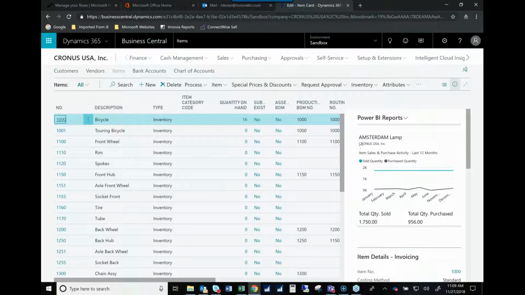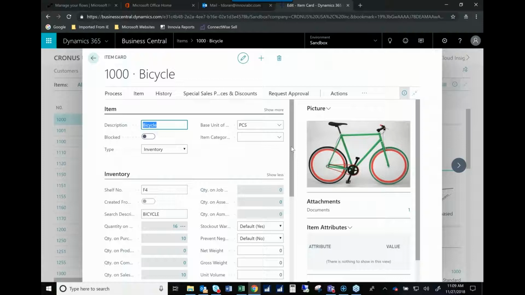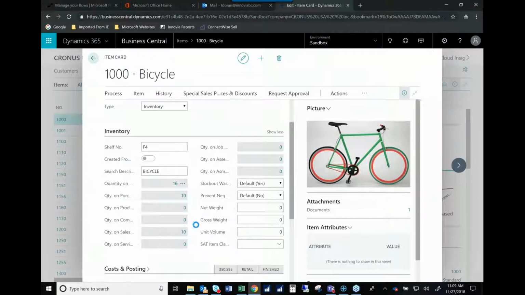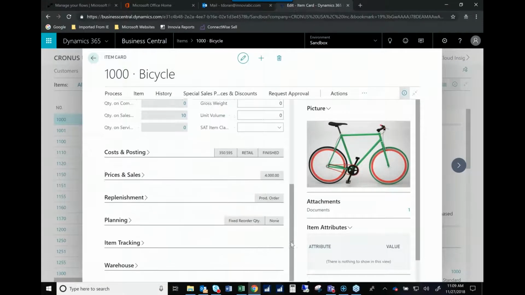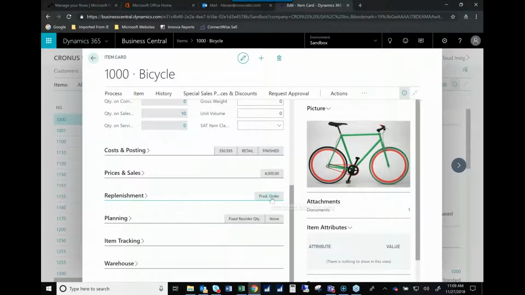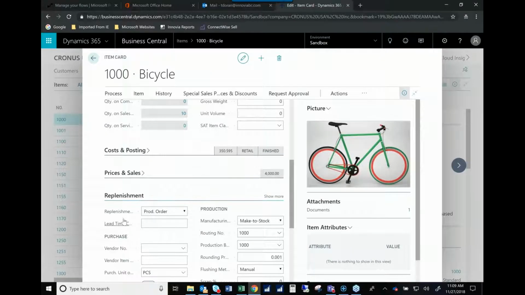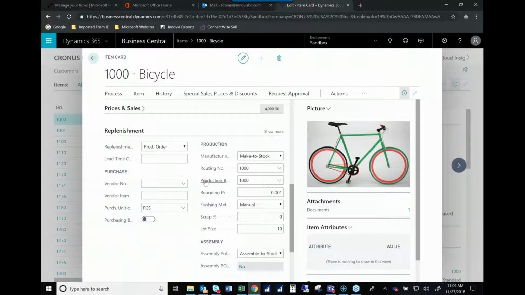So when I bring my item back up here, I can get more information on inventory, what is driving my sales, if I have any inbound items, if this is in fact a production item, which this one is, I can see how we build this item out, and I can take a look at the routing and